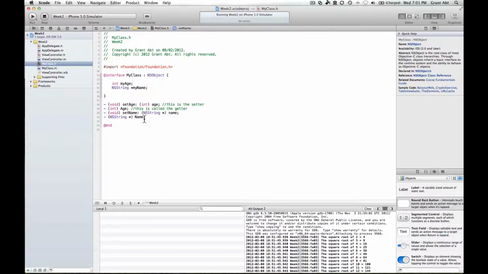It will simply give us back an NSString object that is stored in